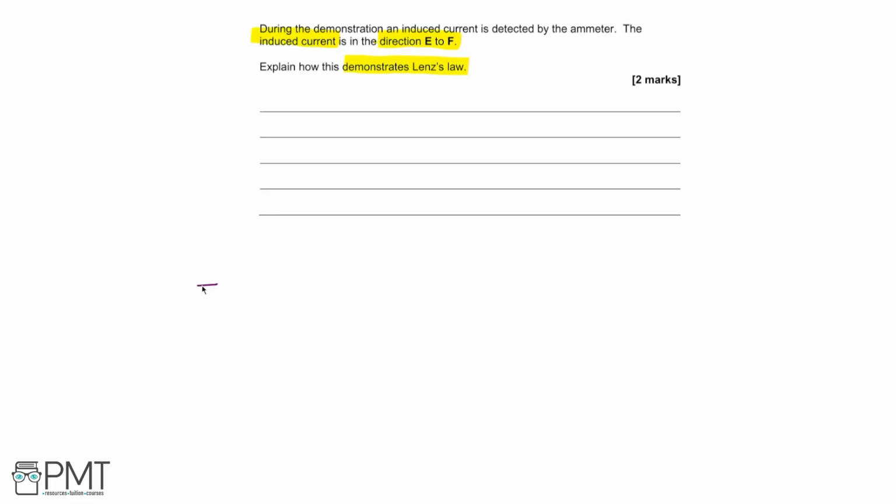So, drawing a diagram of the coil, we have something which looks like this, the ammeter there. And this is point E, and this is point F. So we have a current that's going this way through the coil, and because we have a current that's going like this, we know that for a coil of wire or solenoid, the magnetic field in this coil goes in the same direction as the current while inside the solenoid. So we get a magnetic field that looks like this,